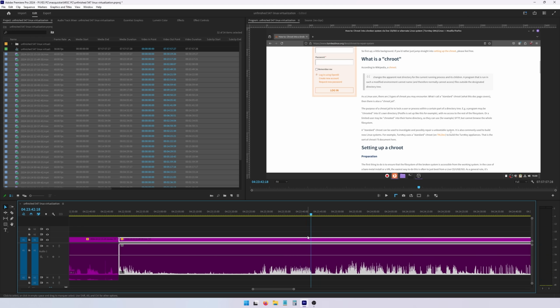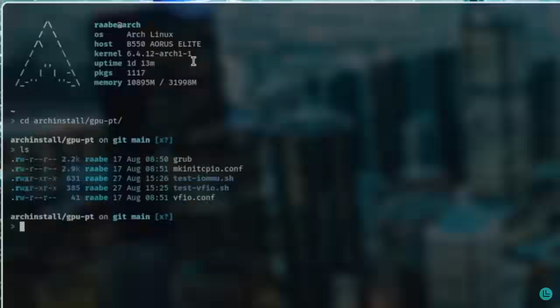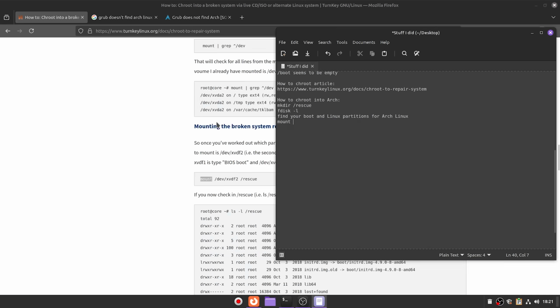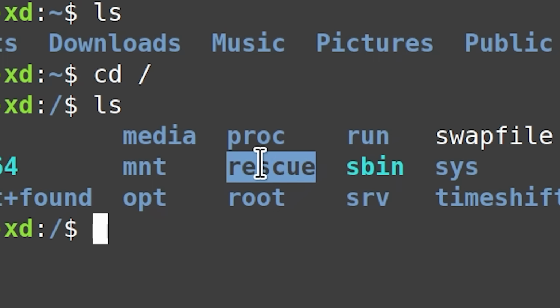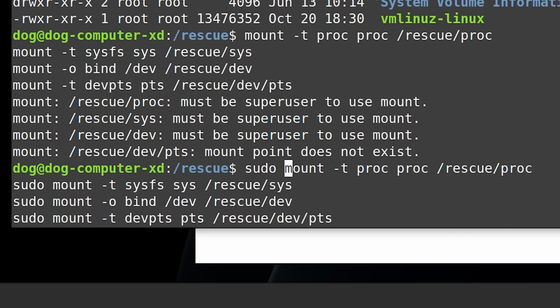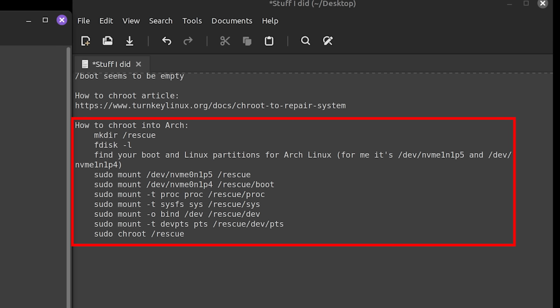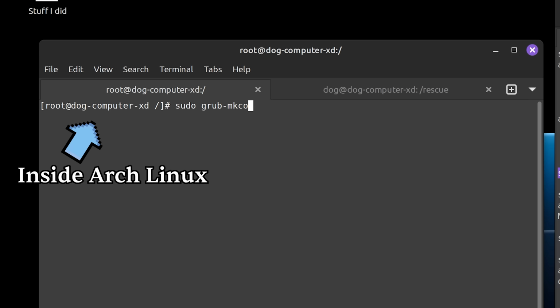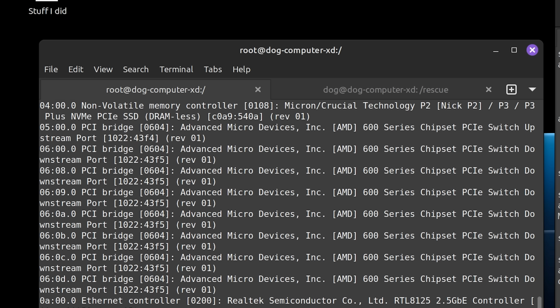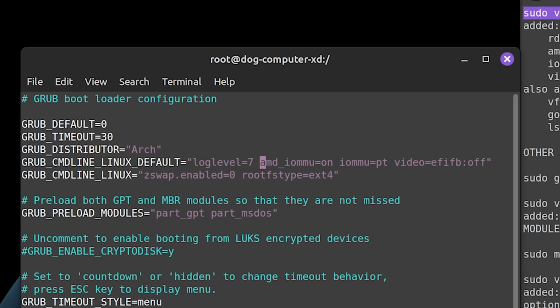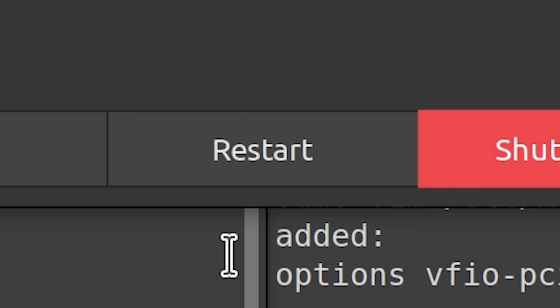What? So essentially what happened during this part is I figured out how to get into Arch Linux from Linux Mint. I created a rescue folder and mounted a bunch of stuff there, then used the arch-chroot command to get into Arch from within my other Linux distribution. Pretty impressive, I thought. So I reverted back the file that I changed before, and when I restarted my PC,